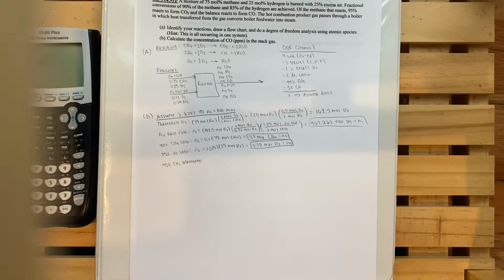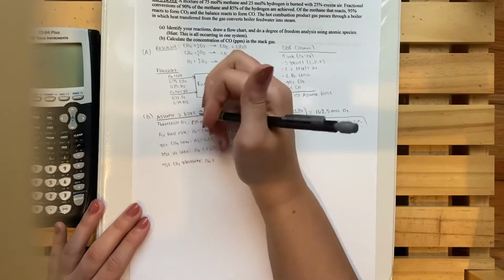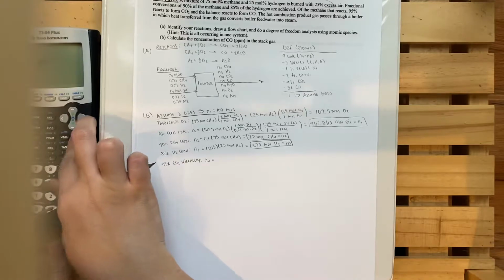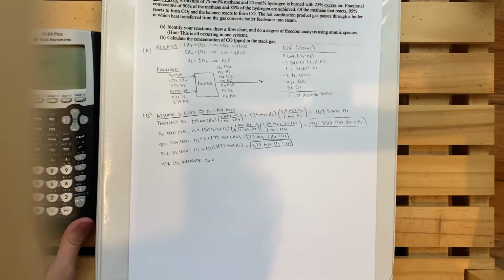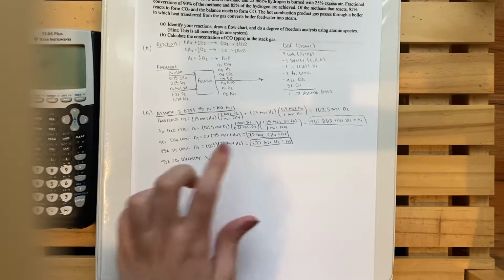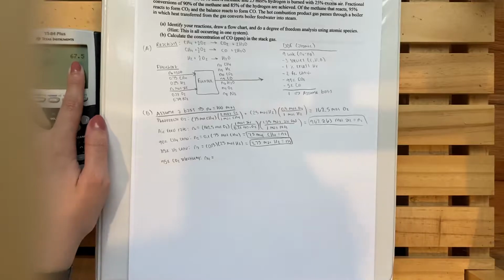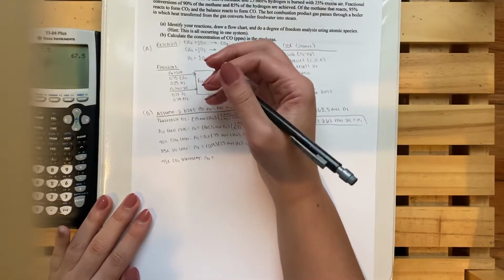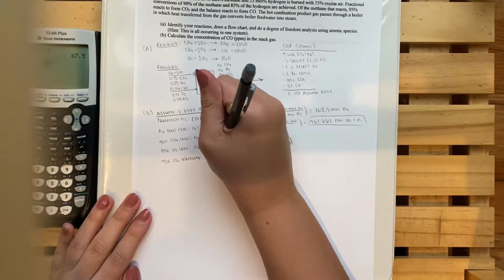So N4, which is the amount of CO2 formed, is going to be equal to, let me just show you here. So we have 75 moles of methane entering the process, and then we have 7.5 moles leaving the process. So that means 67.5 moles of methane react in the process. And of the methane that reacts, 95% of it